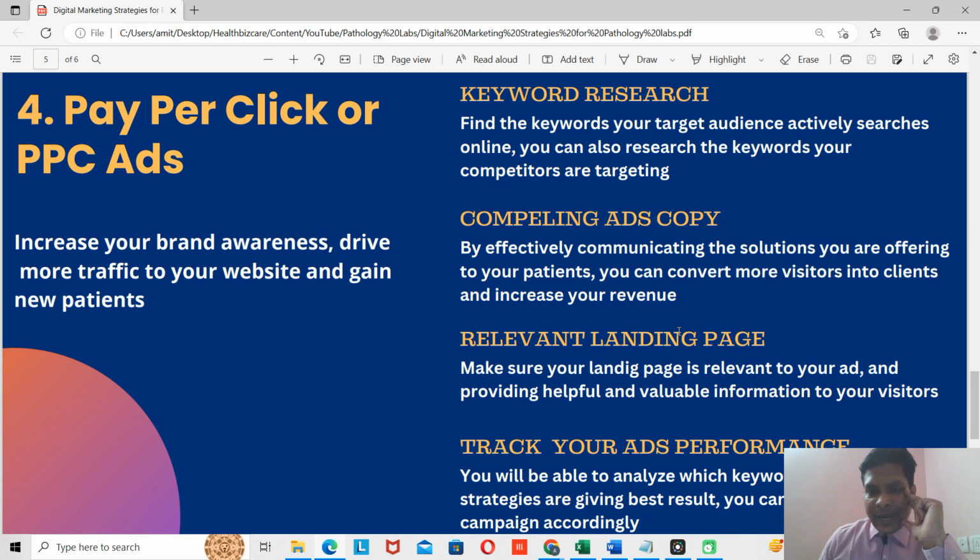The next point is compelling ad copy. By effectively communicating the solutions that you are offering to your patients, you can convert more visitors into clients and increase your revenue. So ad copy, whenever you are creating PPC ads, just keyword research and the bid